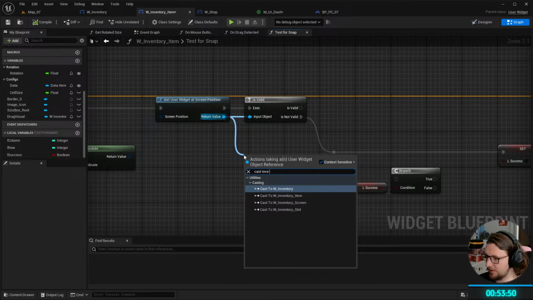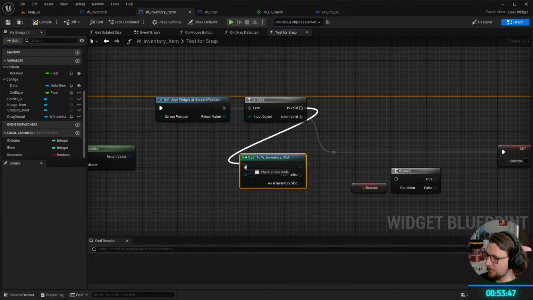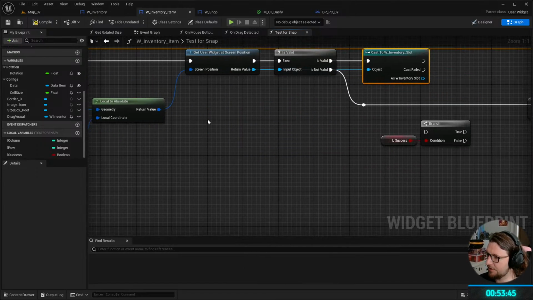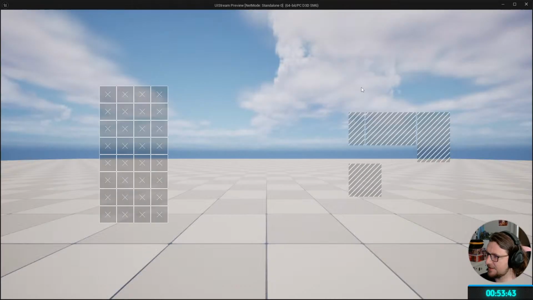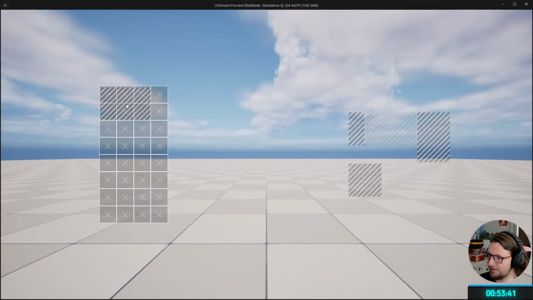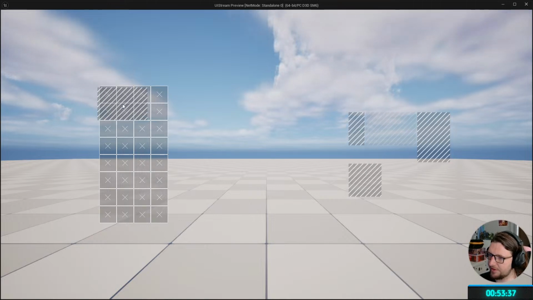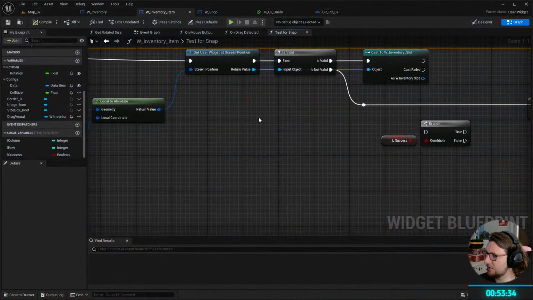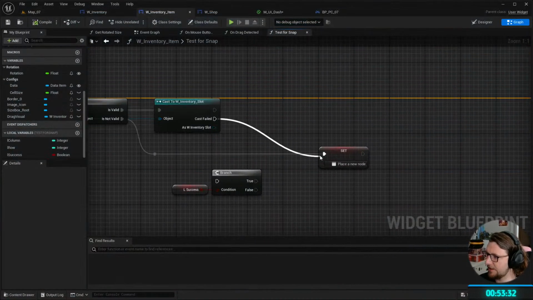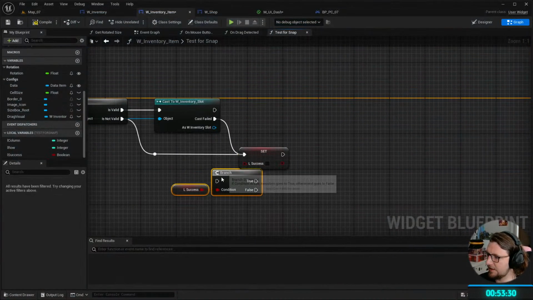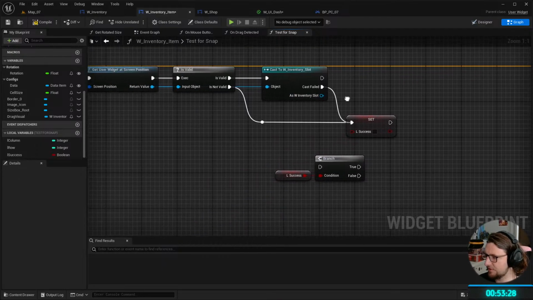Okay, so what we're doing here is we're going through each cell and we're essentially testing if there's something beneath this tile. If we're here, it's a fail. If we're here, it's a fail. And so if we don't hit an inventory slot, then it's a fail. If we do hit an inventory slot,